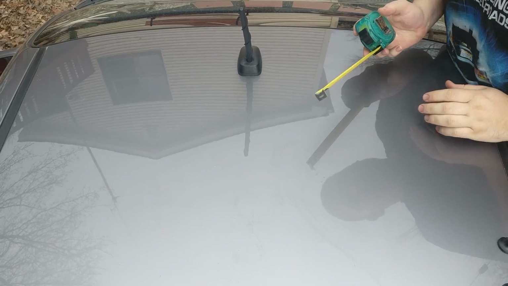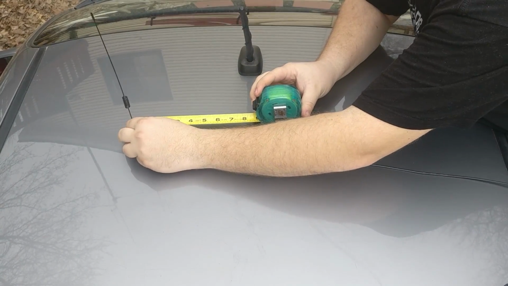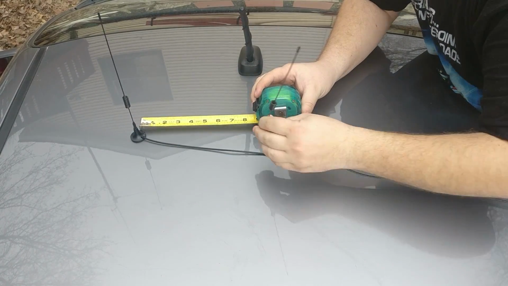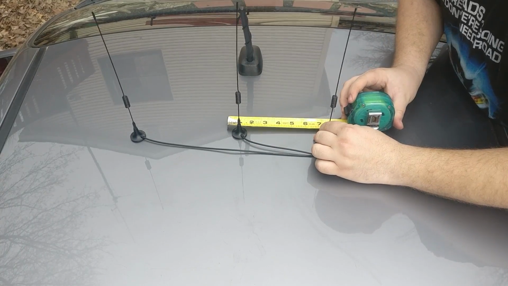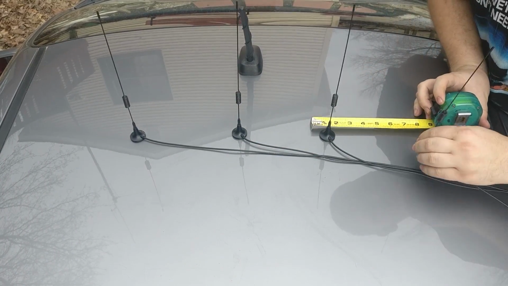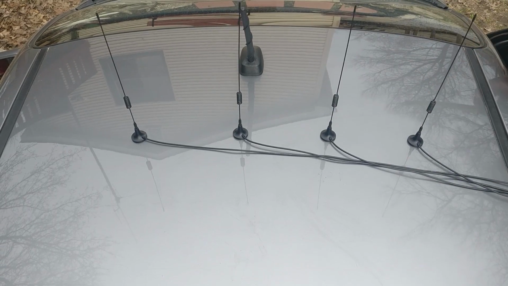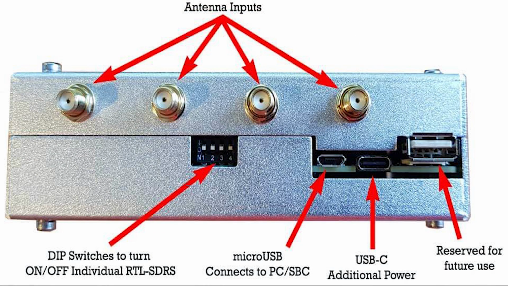So here you can see that I'm trying to hobble myself on top of the car, and we're using a simple measurement here to go ahead and space out our antennas equally in this linear array using just a basic tape measure. So before we can enable direction finding on our KerberosSDR, we need to make our antenna connections,